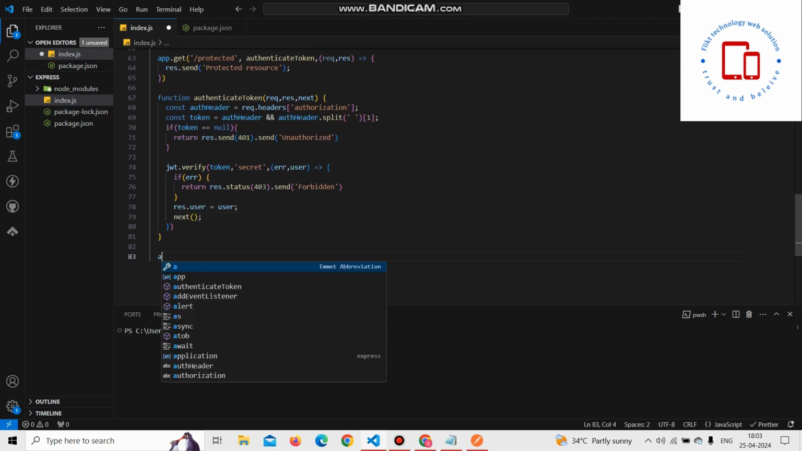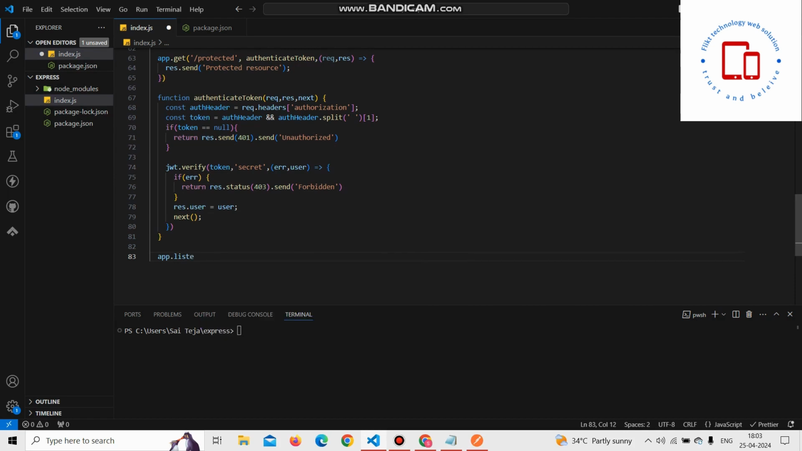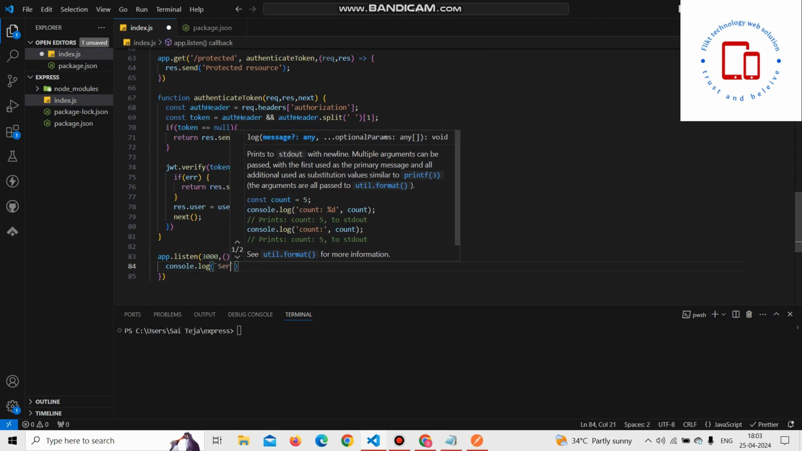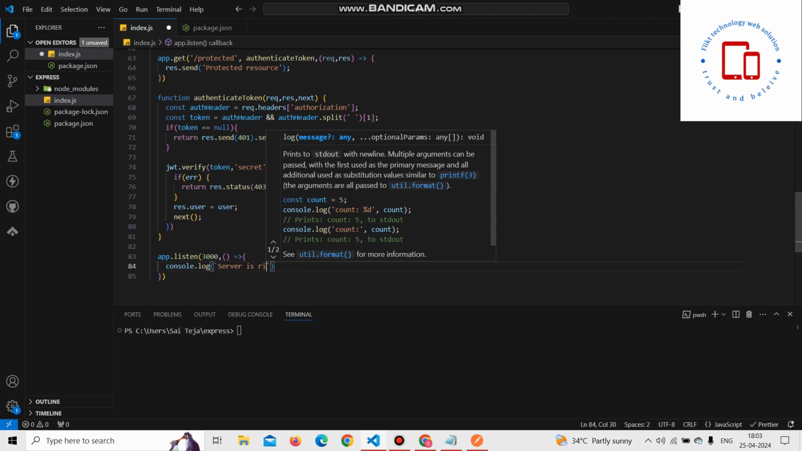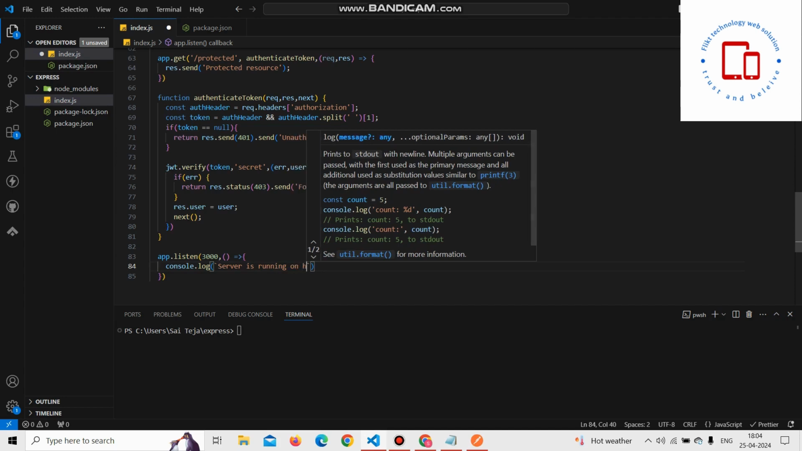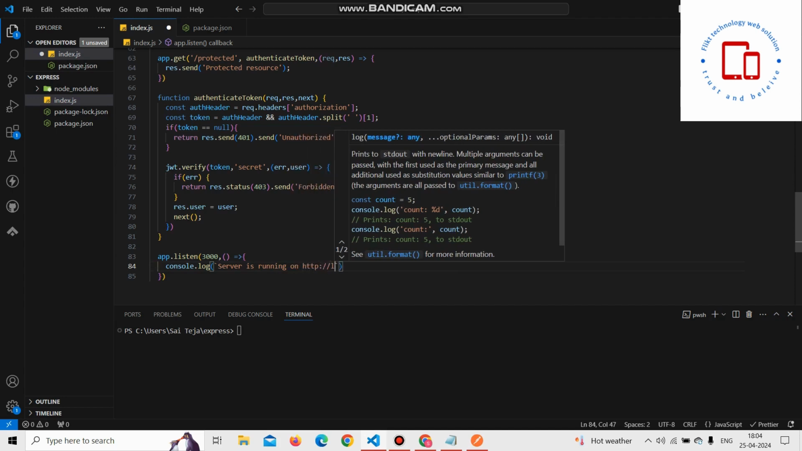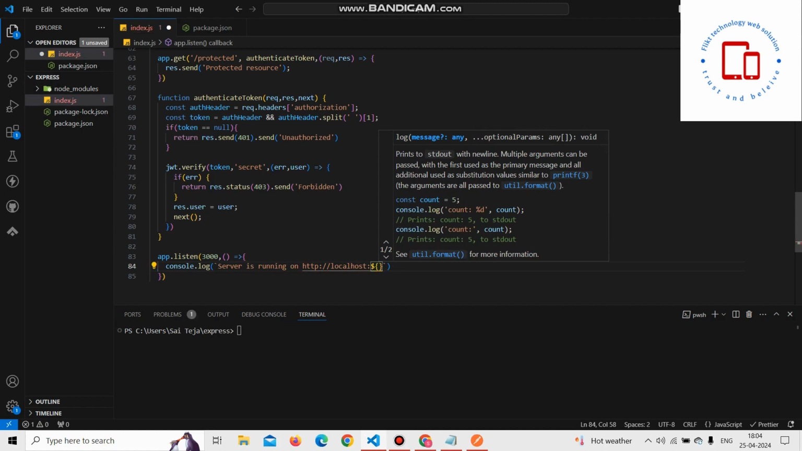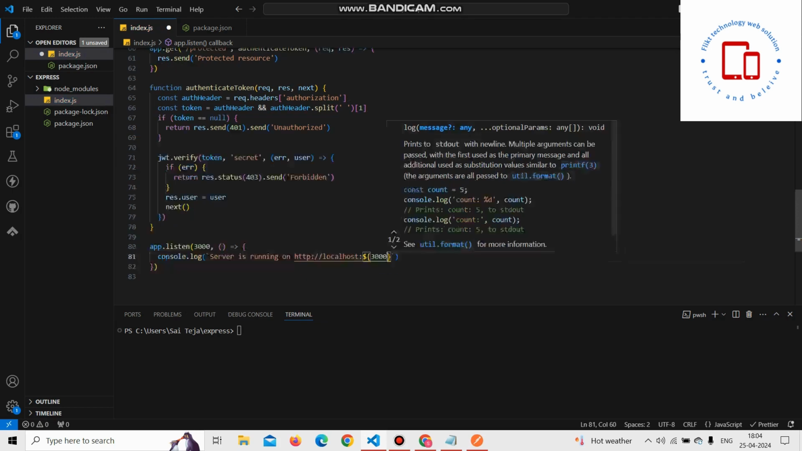After that, I want to start the server. App dot listen 3000, a port number, and a method, and then console log server is running on http localhost 3000. If I run this,